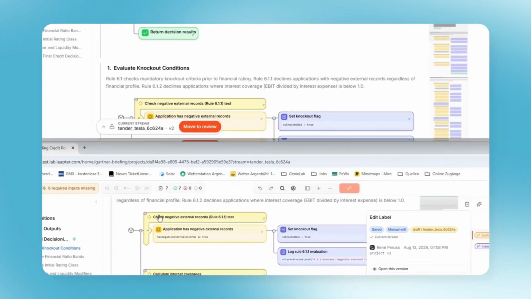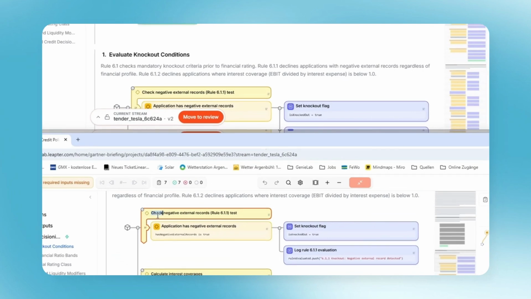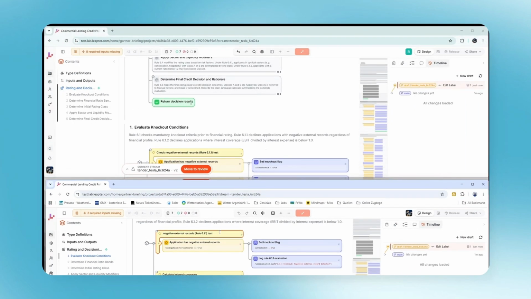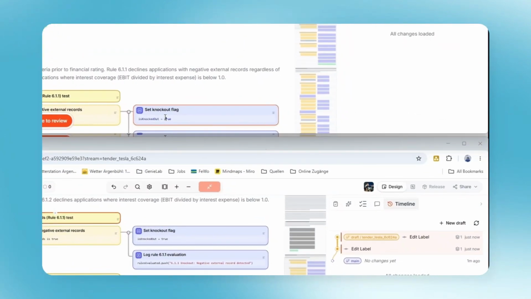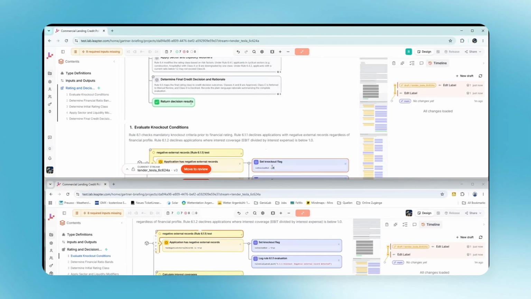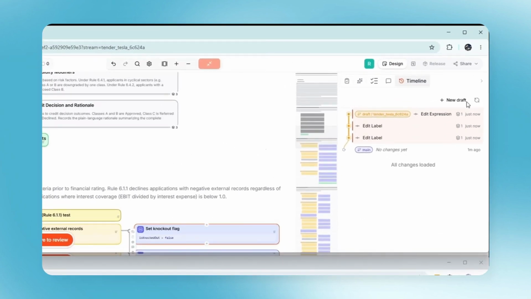Now he makes a change, and it appears in my view the moment it happens. I follow up directly on top of his. Think about what isn't happening here. There's no lock in the file, no waiting for a checkout, and no export-import round trip that ends in a merge conflict at the end of the day. It's 2 people, 1 blueprint, 1 shared state, with every edit already tracked. And the timeline captures all of it. My edit, his edit, then mine again. Who changed what and when is all there.